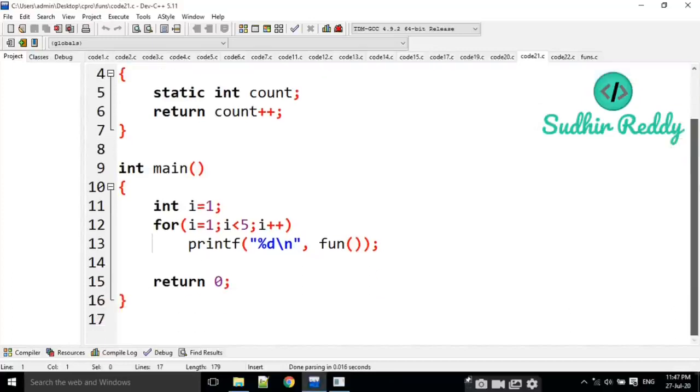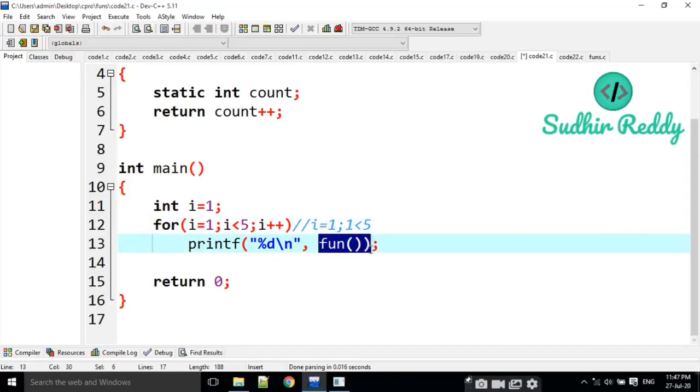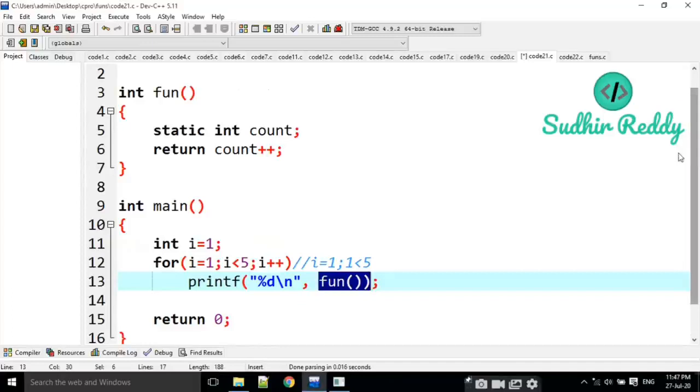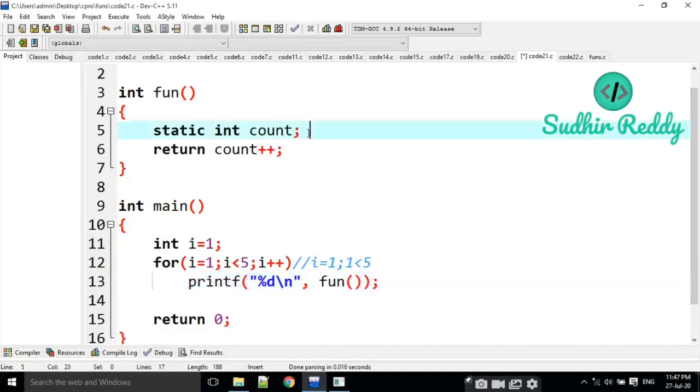This is also based on static. i is equal to 1. 1 is less than 5. It is true. Then it is going to call the function without arguments, with return type integer. Here there is no value in count. In C language, if we declare some int count and print that count, it holds some garbage value. But when we are using static, the default value of static variables is 0. The default value for static variables is 0 every time.